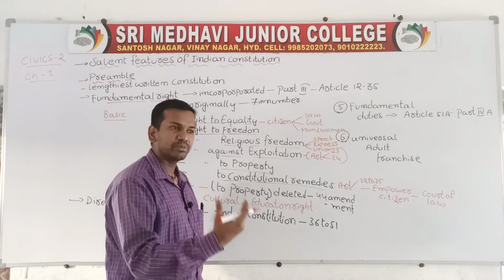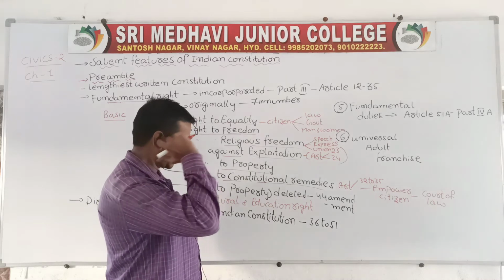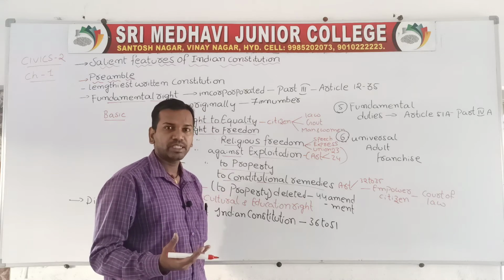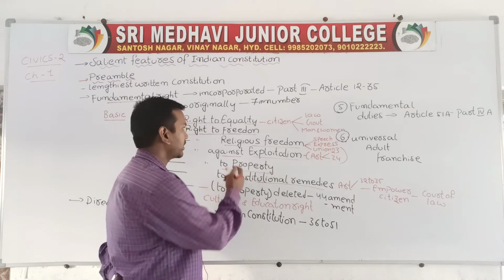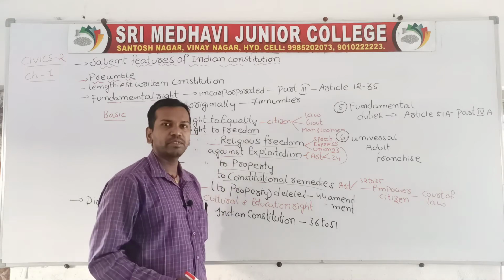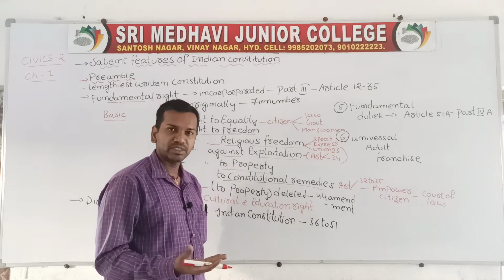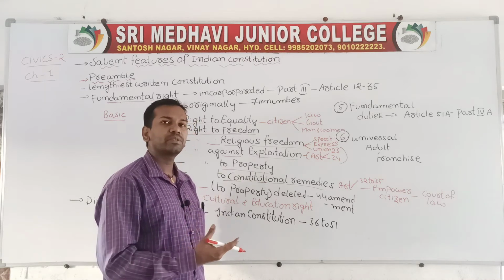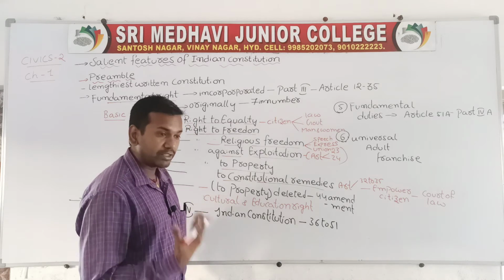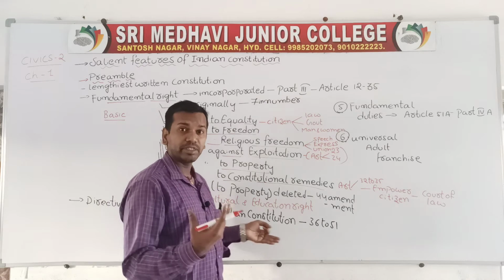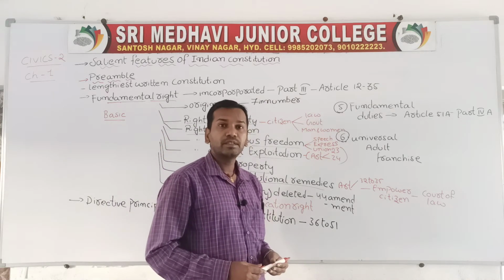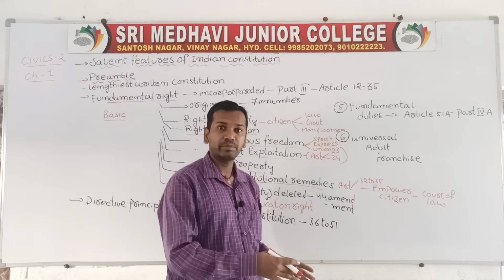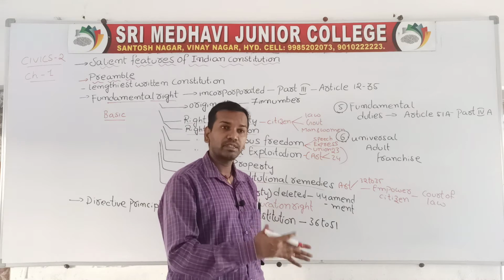Every person has the right to form unions. Already we have discussed that every person has the right to form union and to form associations. These types of freedom will be given to all the people: freedom in the form of speech, expression, association, etc. So that is called freedom. Right to speech and right to expression is very important in every democratic country. There are some countries where these freedoms and expressions are controlled by the government. But in every democratic country, these are important rights.